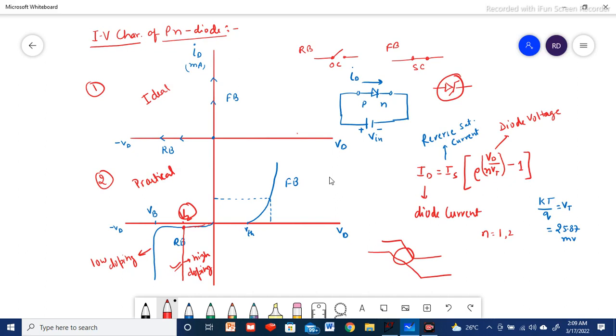So we can control the reverse breakdown voltage, and the application of this kind of Zener diode is to control the voltage supply corresponding to any given load by controlling the Zener current and the load current. So the voltage always remains constant across the load, even though the current varies, or if you are varying the load resistance value. We are going to see the Zener diode IV characteristics using the LTspice tool.